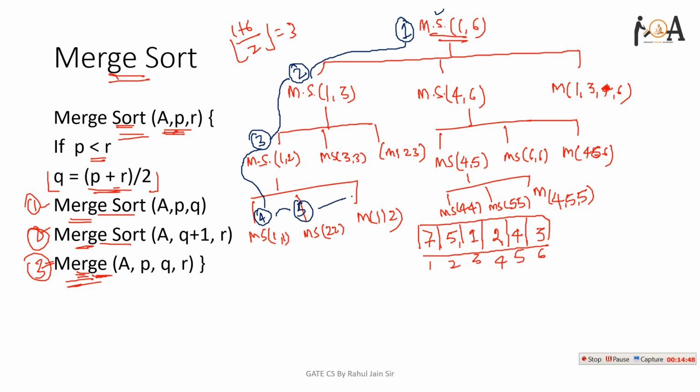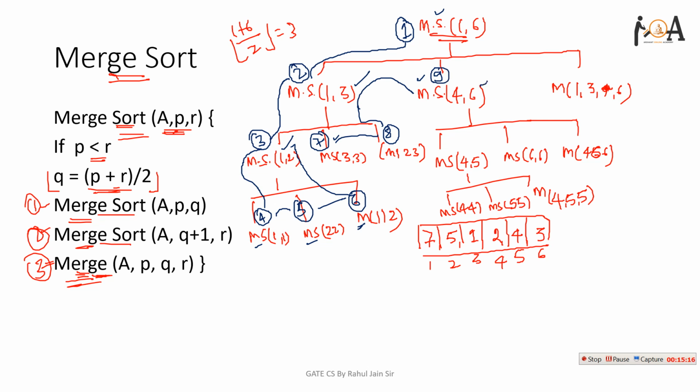After merge sort, it will get merged. So the sixth function is called. After completion of that, this will be executed. Then the seventh function will be called. After execution of this, the eighth function will get called. After that, this will get executed, right? And after that, this function will get called as the 9th.